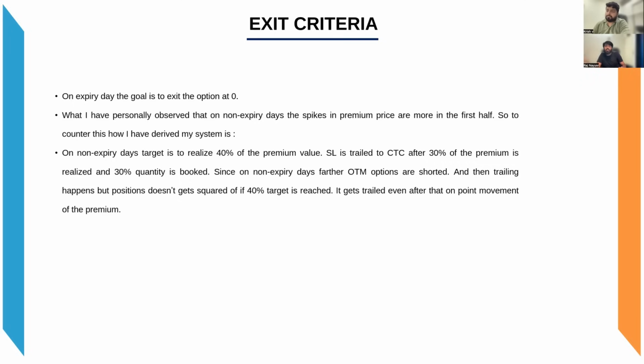आई हैव सीन डेज मार्केट ओपन एट 19500, आई फॉर्म द बुलिश व्यू, तो हम अपना पुट यहाँ पे शॉर्ट कर दिए 19400 का। अब मार्केट 500 से 600 700 चल गया, तो उस डे पे वेरी नेक्स्ट डे का तो भैया लिटरली नेक्स्ट टू 2 4 5 रुपए पे एक्सपायर हो जाता है। तो वो जो सुबह जो खुला था 20 रुपए पे, 25 30 रुपए पे, वो दिन एंड पे 5 रुपए पे एक्सपायर होता है। तो भैया 40% से भी ज्यादा रिलाइज होता है। तो हम पोजीशन को स्क्वायर ऑफ नहीं करेंगे, 40% वाला हम ट्रेल करते चले जाएंगे।